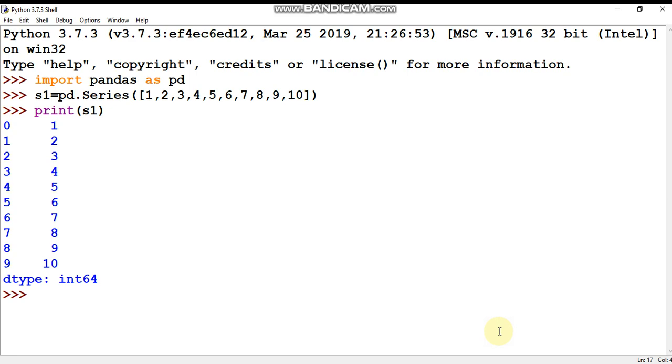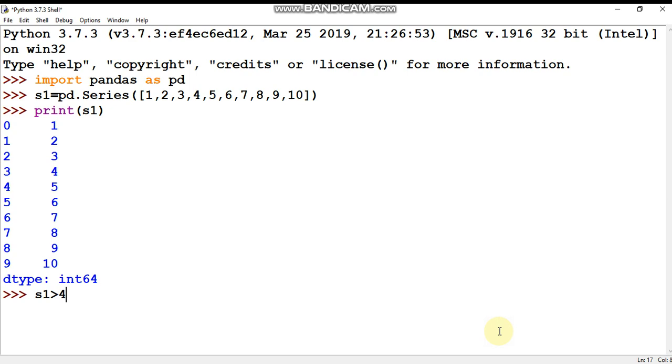So now how we can place a condition, how we can retrieve the values according to the condition. If you write s1 greater than 4, just try to understand this thing, s1 greater than 4.